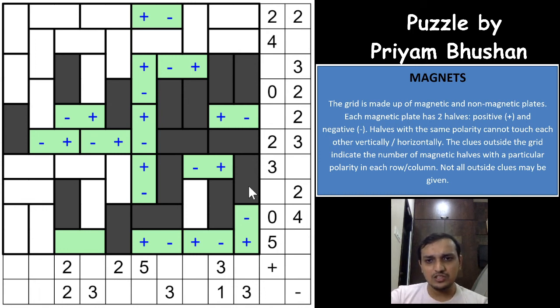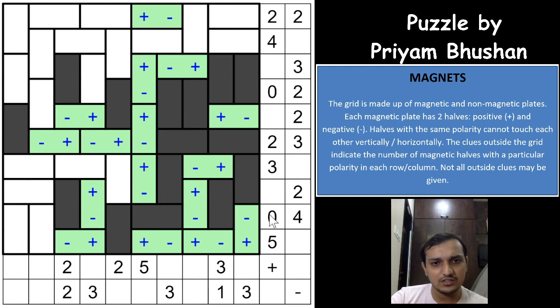So now if you see, there are 4 negatives to be placed in this row. So 1 is here, 2nd will have to be here, 3rd will have to be here, 4th will have to be in one of these 2 cells, right? So which means this is a negative, a positive, a negative, a positive, a positive, and a negative, right? Superb.